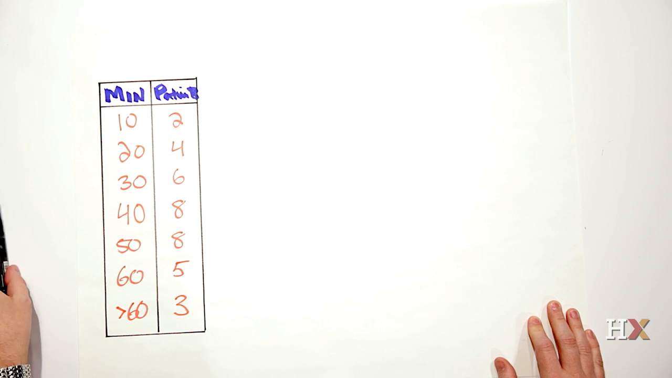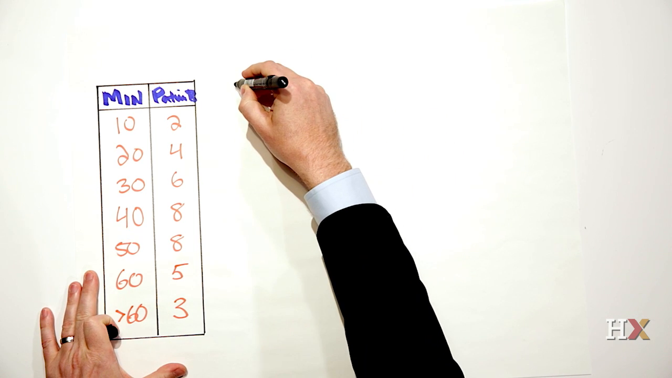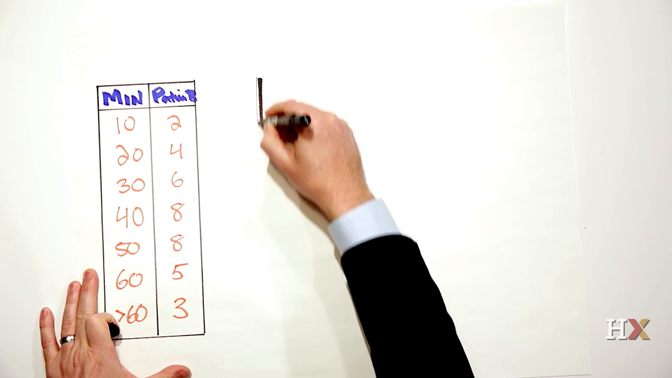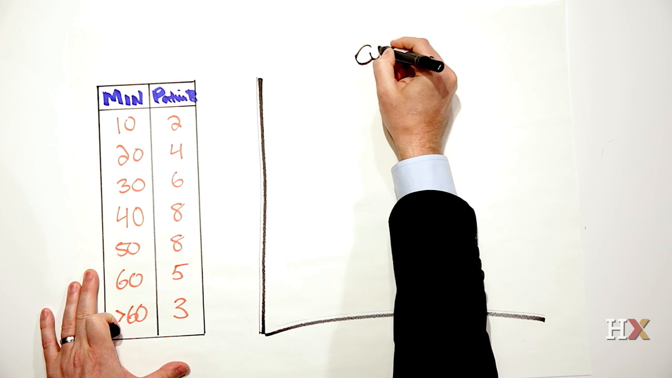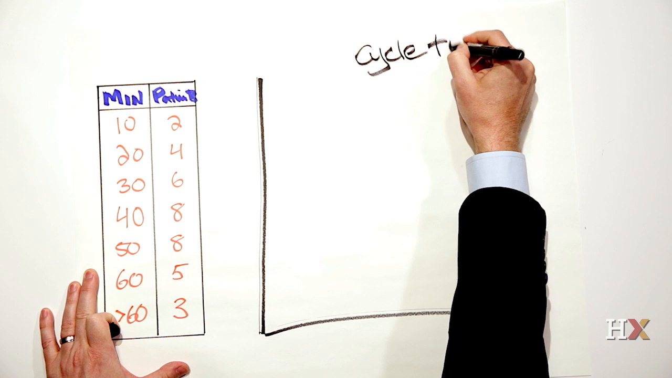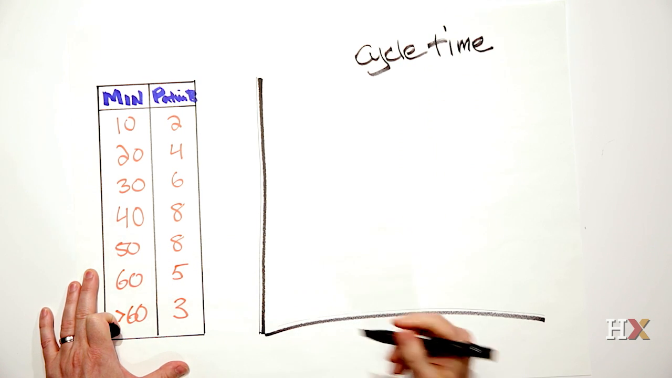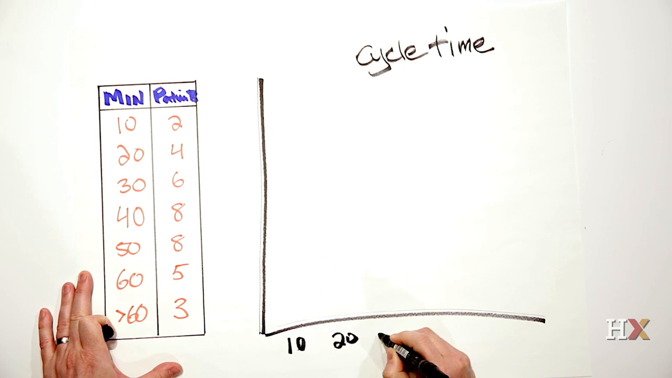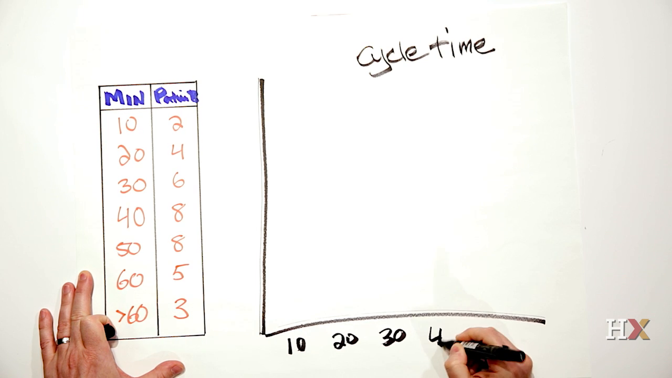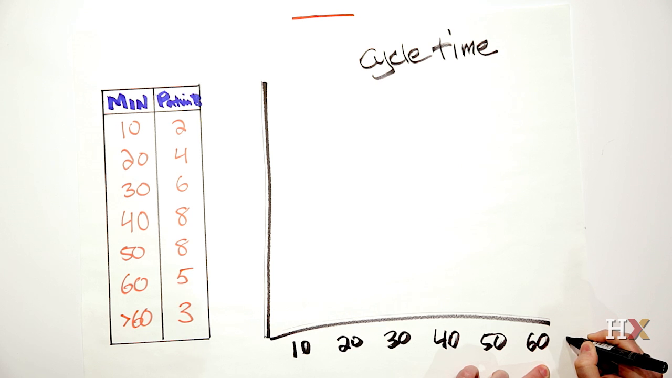And so what we're going to do is draw the actual histogram. A histogram looks very much like a bar chart, but the bars are organized by the time interval. So let's draw our bar chart. And again, we're working on cycle time. And along the x-axis, we're going to put in our times here. So we've got 10, 20, 30, 40, 50, 60, and then I just lumped anything that's over 60,